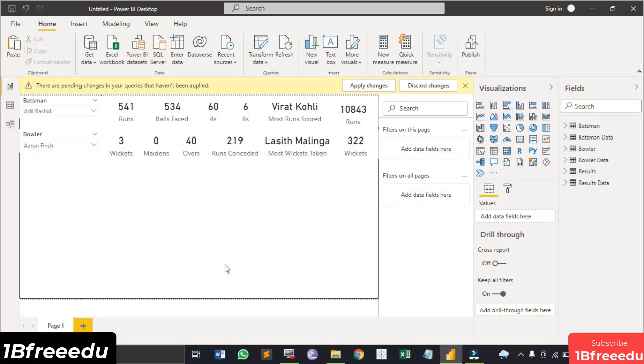So this is what we have created up till now, and we have already imported and worked with the third sheet in our data set, that is the results sheet for the matches and the results. Now the sole purpose of writing this particular data set was that these kind of values were customized values, right?